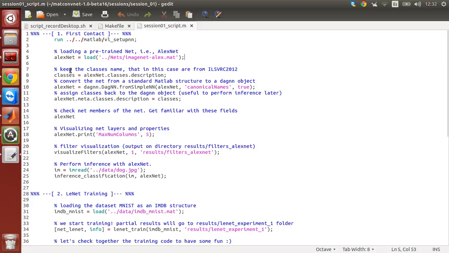So okay, we have loaded AlexNet. Since we're going to convert AlexNet from its MATLAB structure version, the simple net version, to the DAG, we need to copy the metadata, because the conversion script doesn't take into account the metadata. In other words, we need to save the classes and the description and so on, because we need to